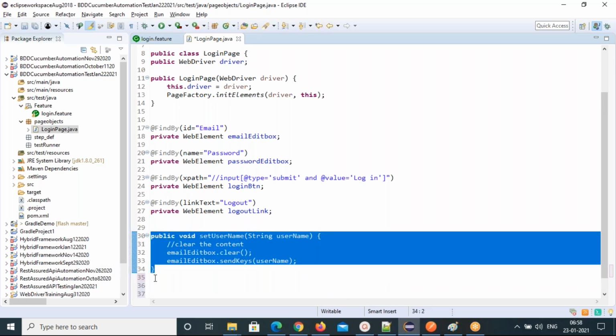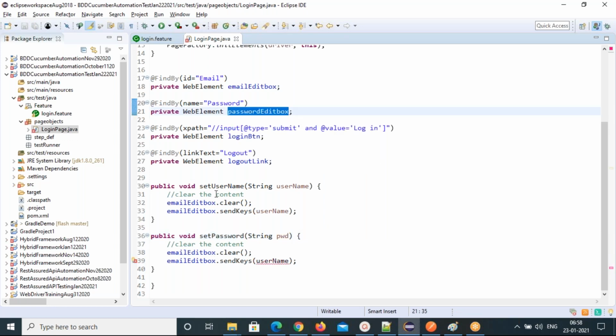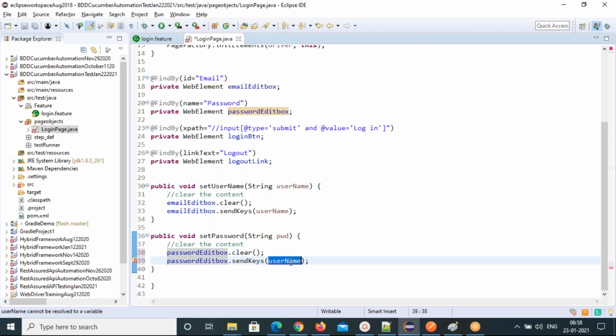Let's do that. setPassword, String password. Next.